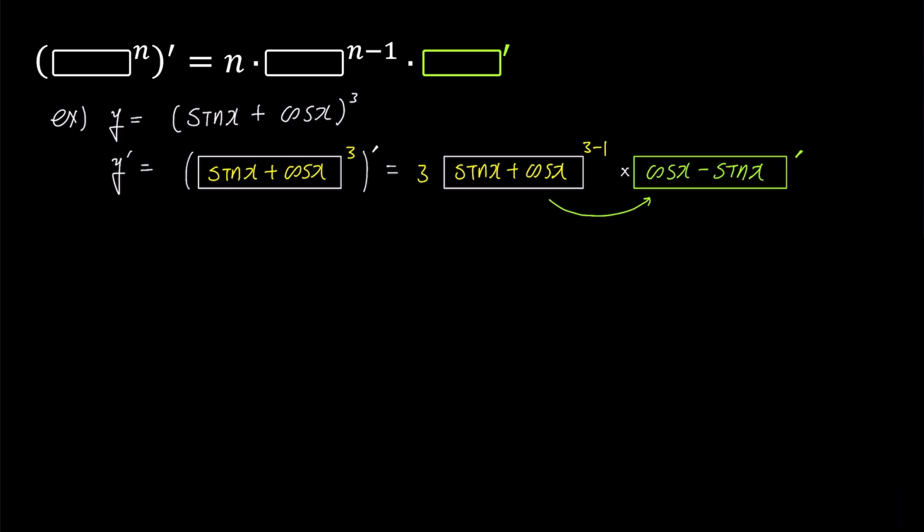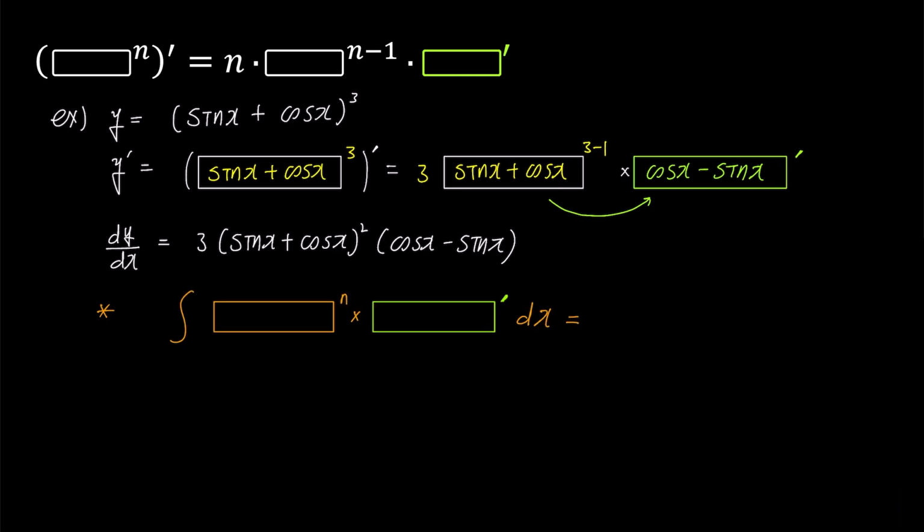So for the box prime, we substitute the derivative term of sine x plus cosine x, which is cosine x minus sine x. Summarizing again, we have dy over dx equals 3 times sine x plus cosine x to the power of 2 times cosine x minus sine x. I apologize for mentioning integration, even though today's video is about differentiation, but it keeps appearing, so let me briefly talk about integration once more.